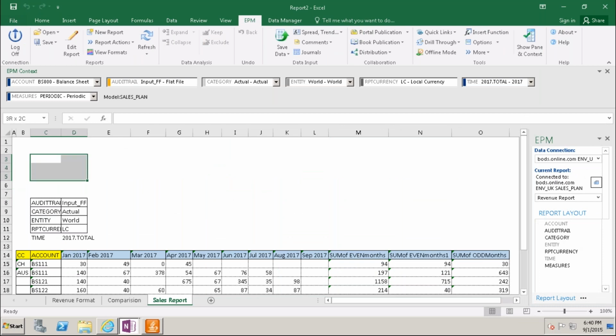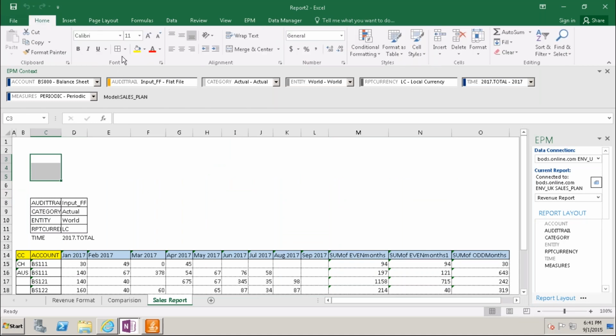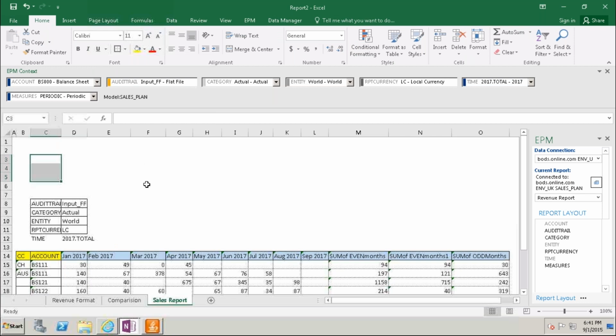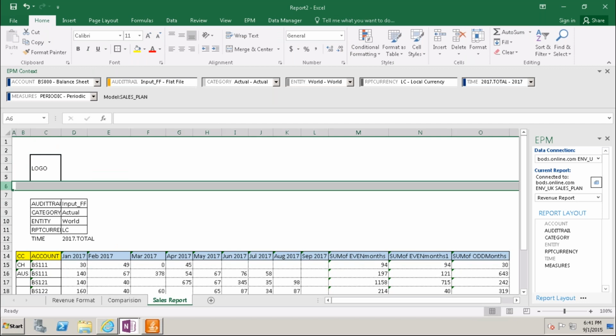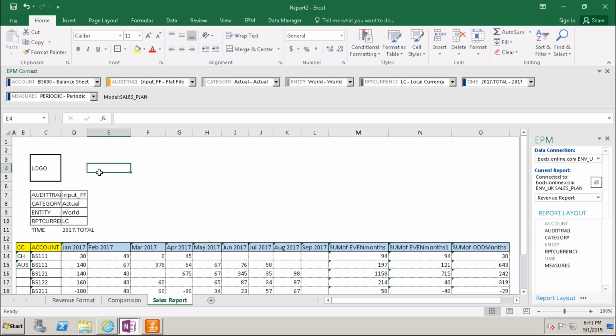Here, I'll keep my logo. For example, balance sheet report.